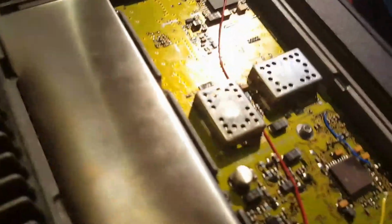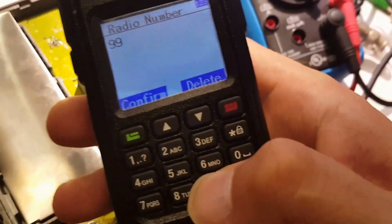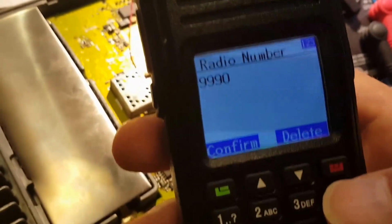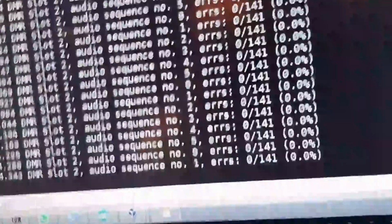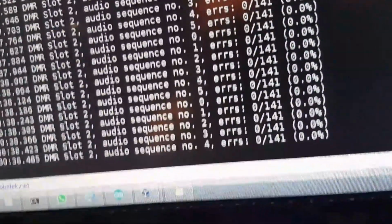Okay, so that's D-Star, and I'll just do a quick key in the Brandmaster parrot reflector there, and just give that a go. G7 RPG test. I'm sorry about this camera shake, I'll just rest it on there. G7 RPG test. G7 RPG testing on the